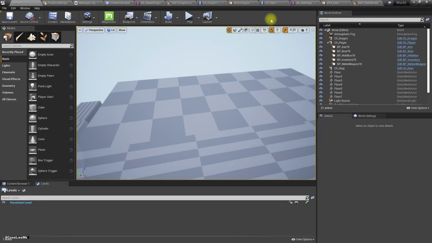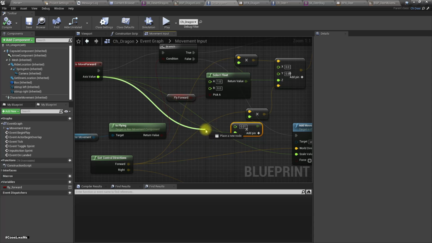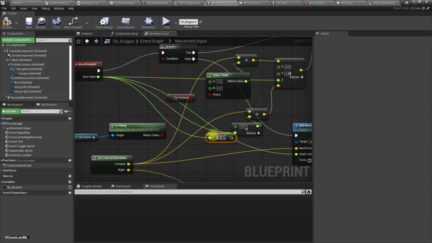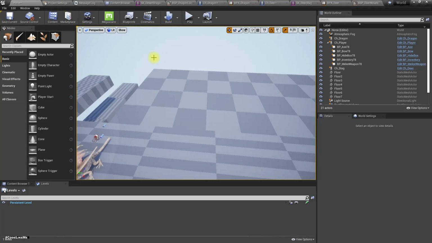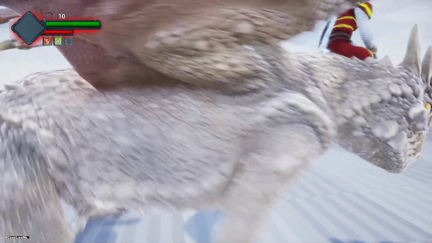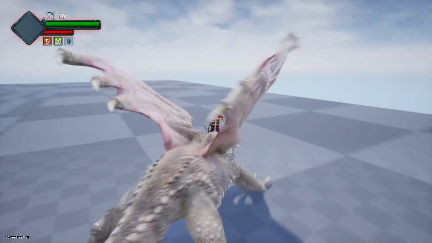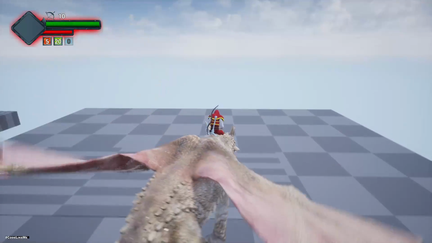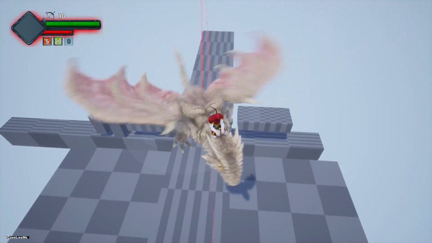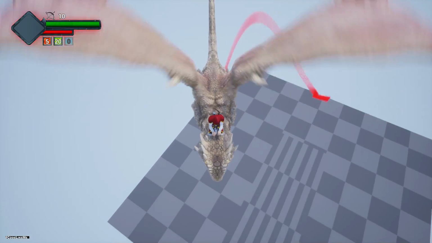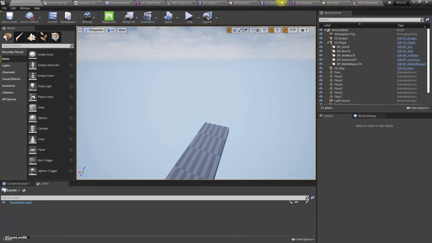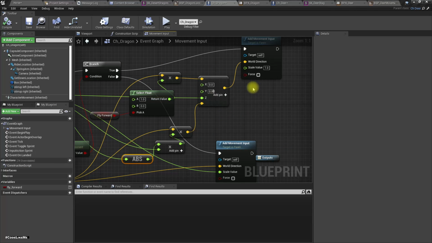Works for forward but not for backward. Still no. Right, let's ignore that for the moment,